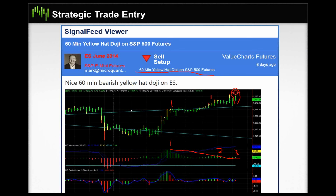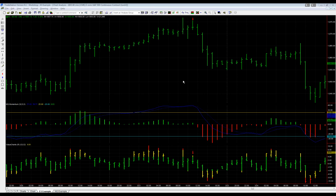And then if we go over to our actual charts, let me show you that on TradeStation here. We had a few traders take advantage of this, which is a nice situation. Hopefully everybody can see the S&P 500 chart in TradeStation, but you'll see the red arrow right here, the red arrow down here on the value charts price window. These are the things we look for. These are the confluence of momentum, the confluence of a kind of a bearish longer-term outlook on the stocks led us to take this yellow hat doji in the 60-minute much more seriously, and as it turned out, the market